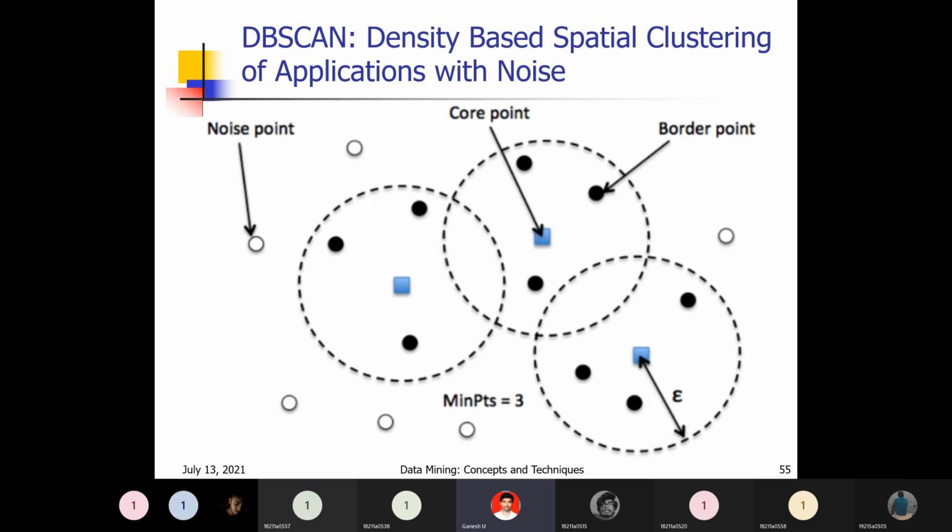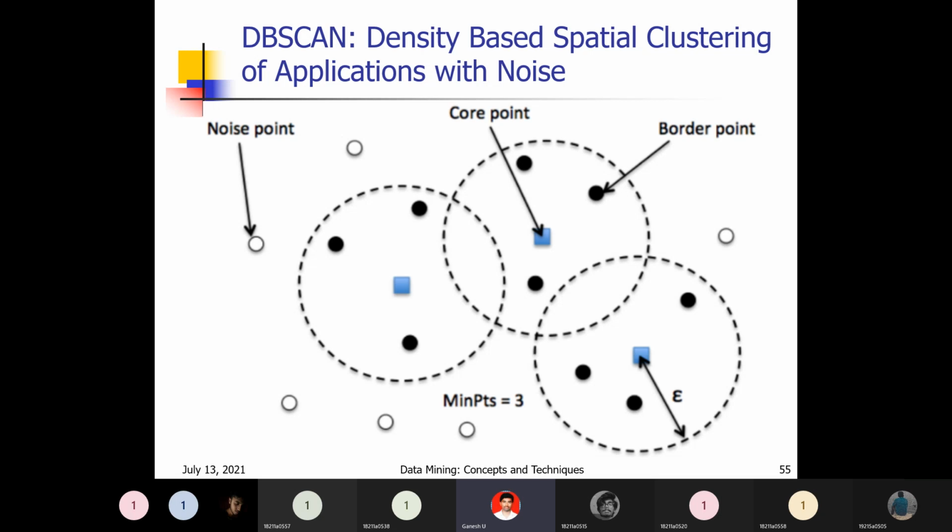The second circle is also the same, a blue square. With epsilon radius, you have drawn the circle. The circles may intersect, the circles may merge with each other. These two circles are merging. Like that, these other two circles are also merging. Like that, a number of circles may merge. But we have to consider that in each and every circle with epsilon radius, if you have drawn a circle, within that circle 3 elements should exist. Like that we have to proceed.